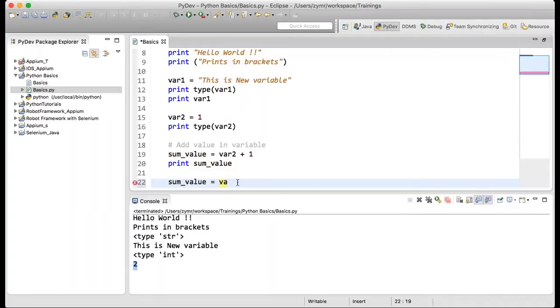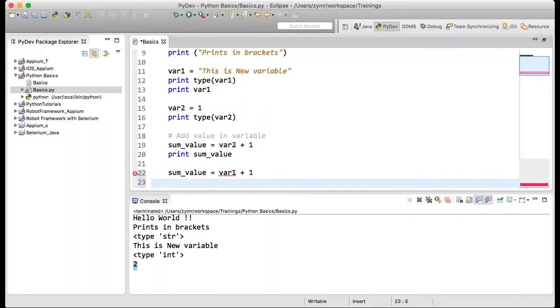So for example, var1 plus 1. We can name this as some other variable, temp.